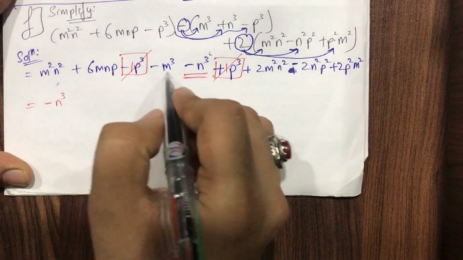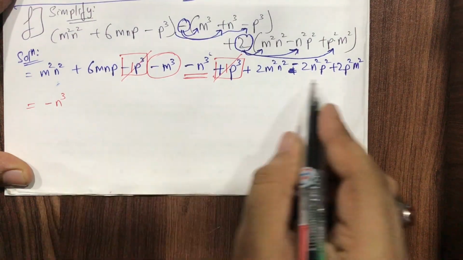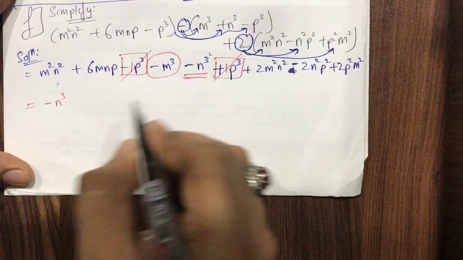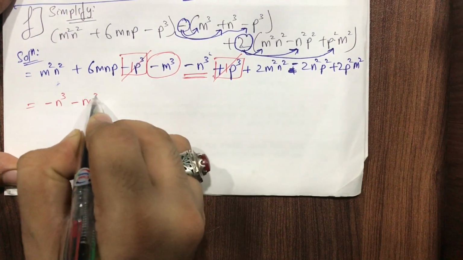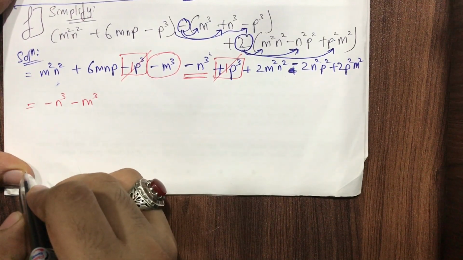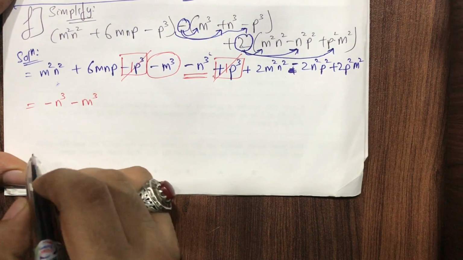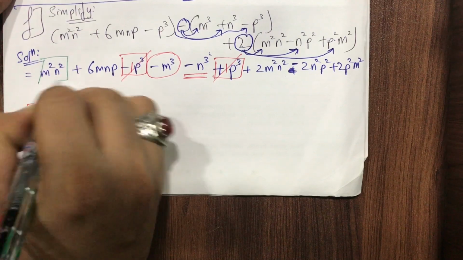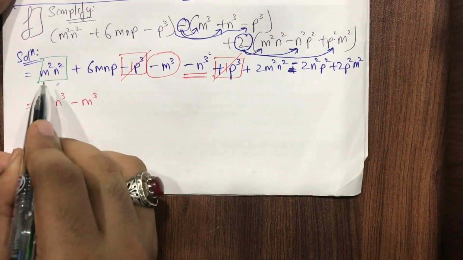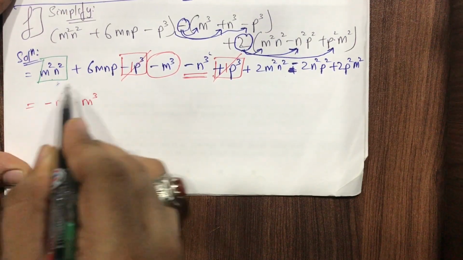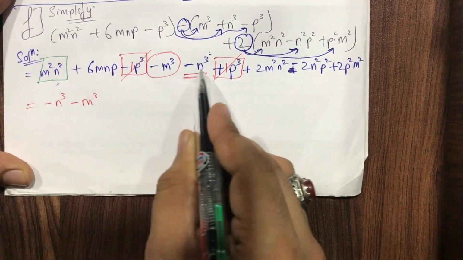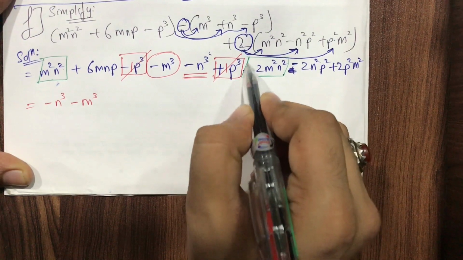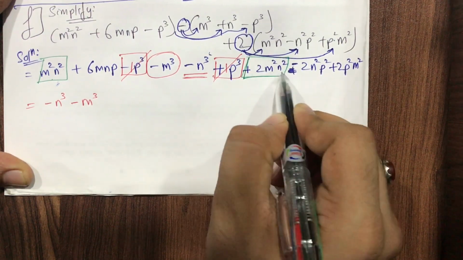So I'll write here minus n cube first time. Then with m, I have minus m cube here. Anywhere else do I have plus m cube? No, I don't have anything else with plus m cube. So I'll just copy a minus m cube. Okay. Now next, let's search for the term with mn. With the green color, see, it's plus m square n square. Any other term with m square n square? Yeah, it's plus 2m square n square. Take care of this plus also.